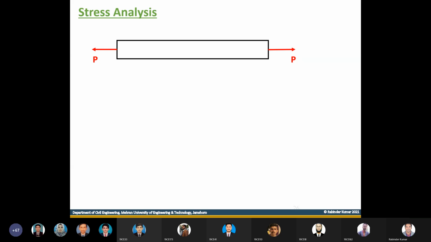In simple, how stress analysis we do, we can do the stress analysis by cutting the object in transverse section, मतलब along the cross section, okay. If you want to find the stresses on this portion, what you will do, you will cut a section. When you cut a section, you will be having two forces, because हमें balance करने के लिए we need to apply the equilibrium equations. So one will be the normal force which will be perpendicular to this plane, and one will be the shear force which will be parallel to this plane.